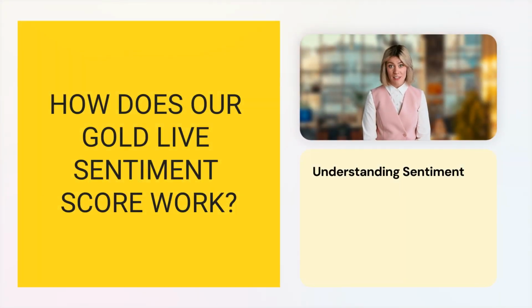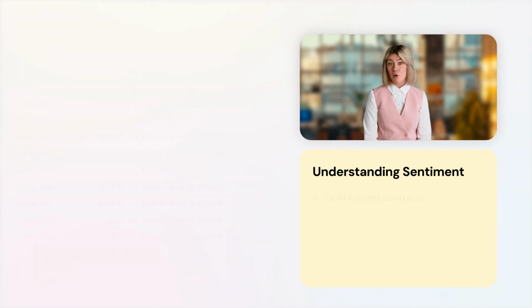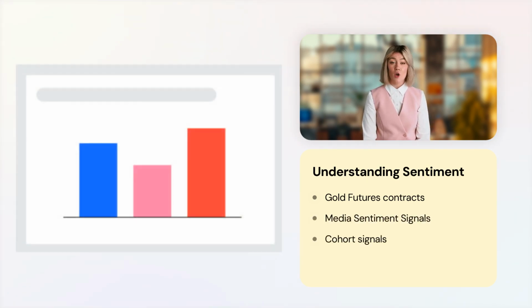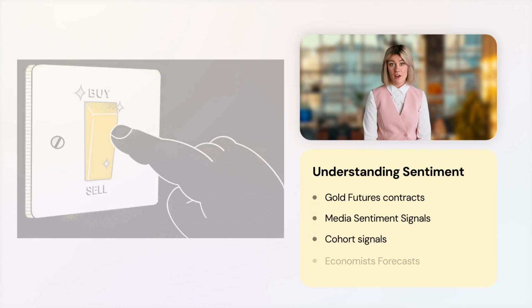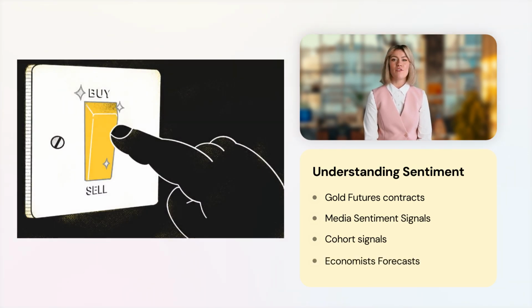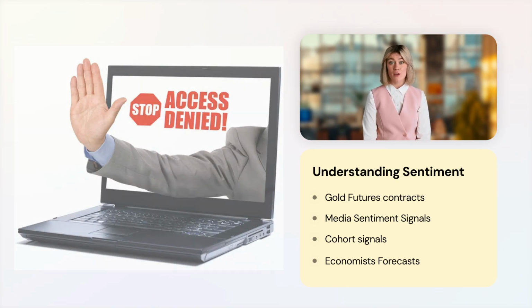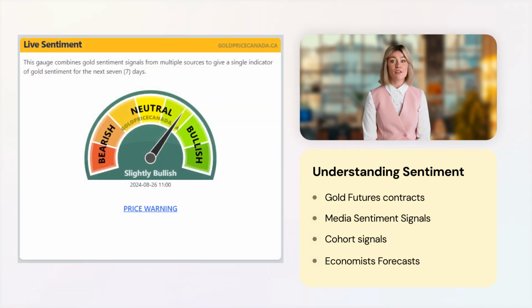Most major gold dealers who trade in gold typically receive subscription-based reports on the future indicators for the price of gold. These services monitor gold futures contracts, media sentiment signals, cohort signals from online polls, as well as leading economist forecasts. All of these paid services ban us from being able to present their data to you, so we created a simple sentiment graph that uses AI to combine them all into an easy-to-understand live gold sentiment indicator that looks